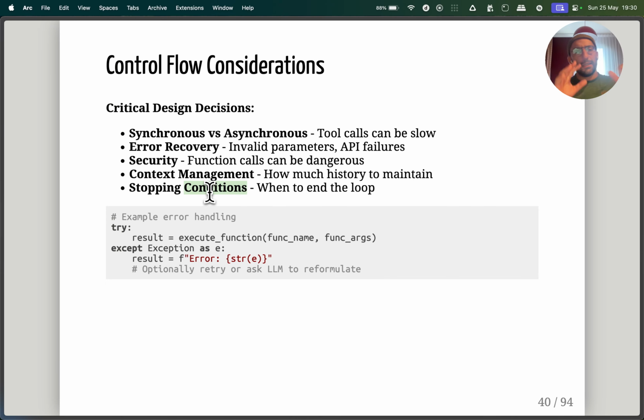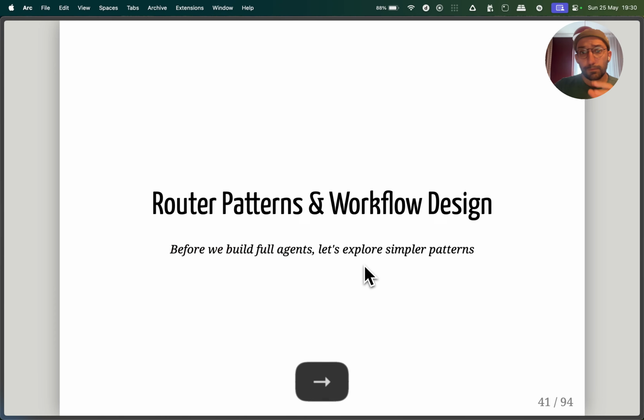But I know this might be a little bit too abstract for where we are right now in this discussion, okay? What we have right now is the ability to take an output from the model and transform that into an execution of a function, okay? So what is the next level to get to agents?